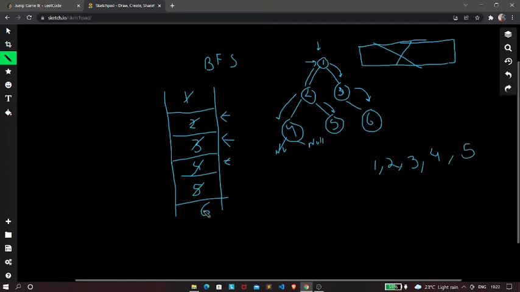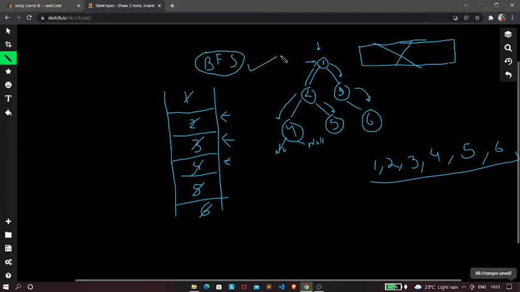So next we are gonna pop 6 from the queue, right? Because 6 doesn't have any child, right? And we're gonna print 6, right? And hence this is the array which we have got, right? So now let's understand how we can use this concept, the concept of BFS in our question, okay?